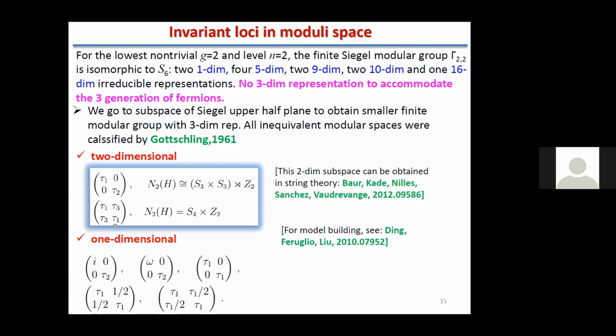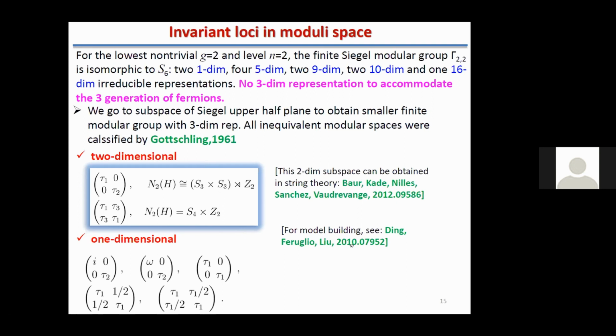So we also have two complex modulus, tau 3, and this relative finite modular group is as for cross C2. It has three-dimensional rotations. But for the first case, you have 1 plus 2-dimensional rotations. So the second one can be used for model building. Of course, the first one can also be used. And for model building, you can see